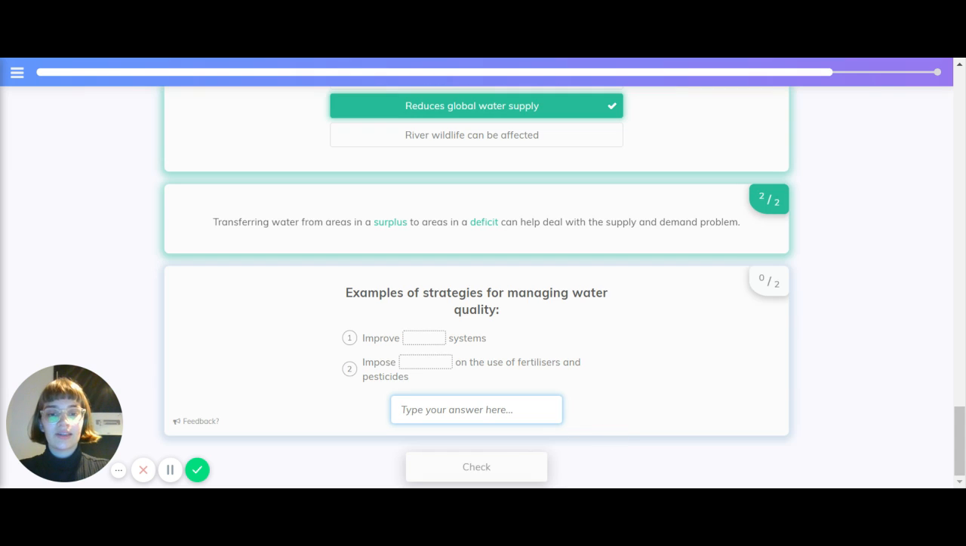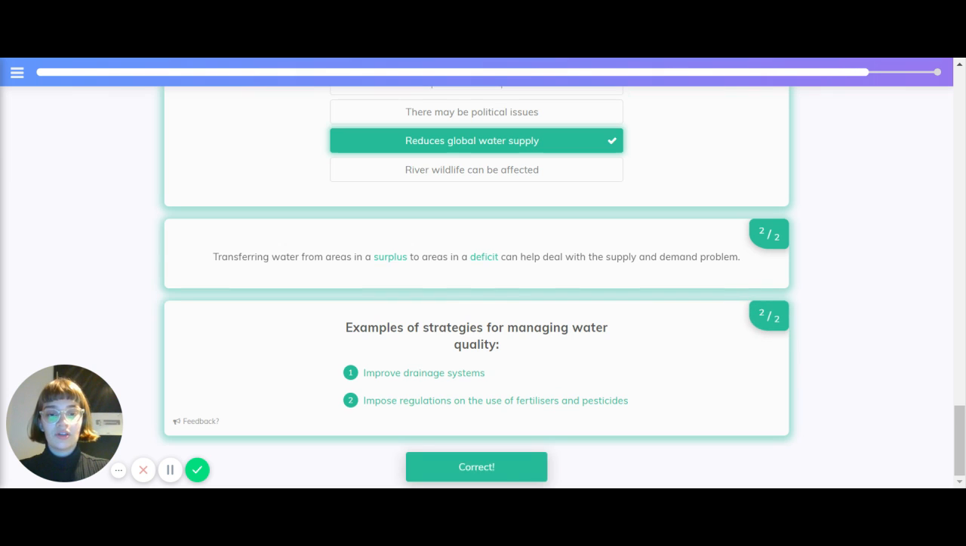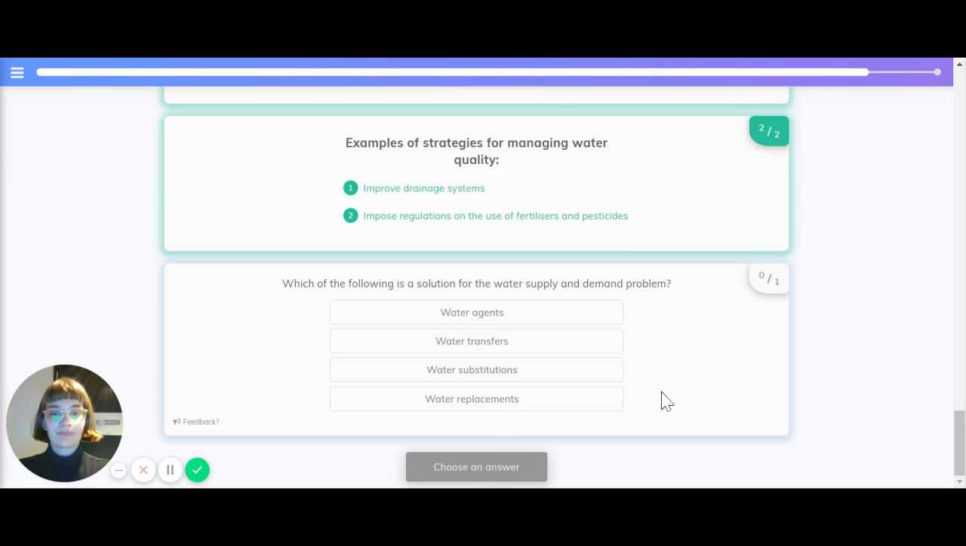What are different examples of strategies for managing water quality? These are improved drainage systems, and imposing regulations on the use of fertilizers and pesticides. Which of the following is the solution for the water supply and demand problem? Is it water agents, water transfers, water substitutions,